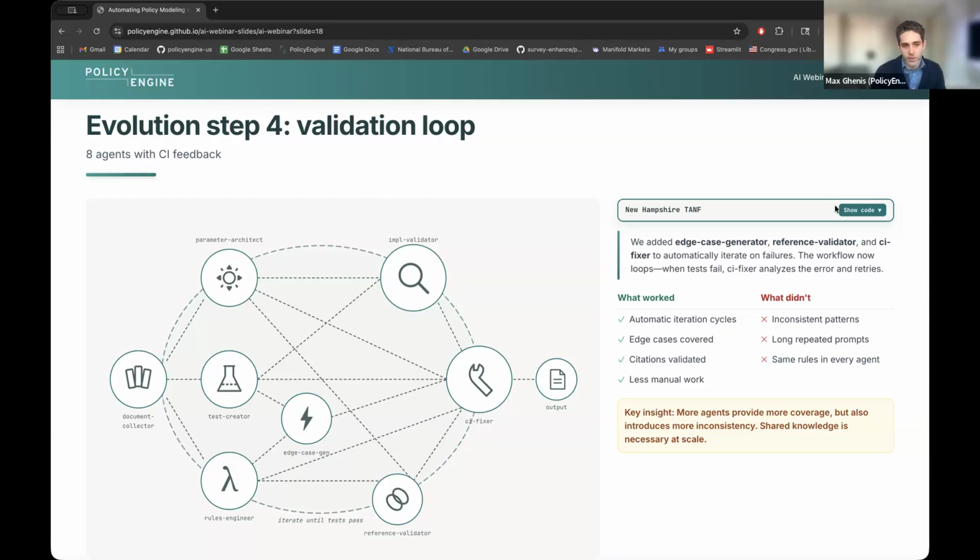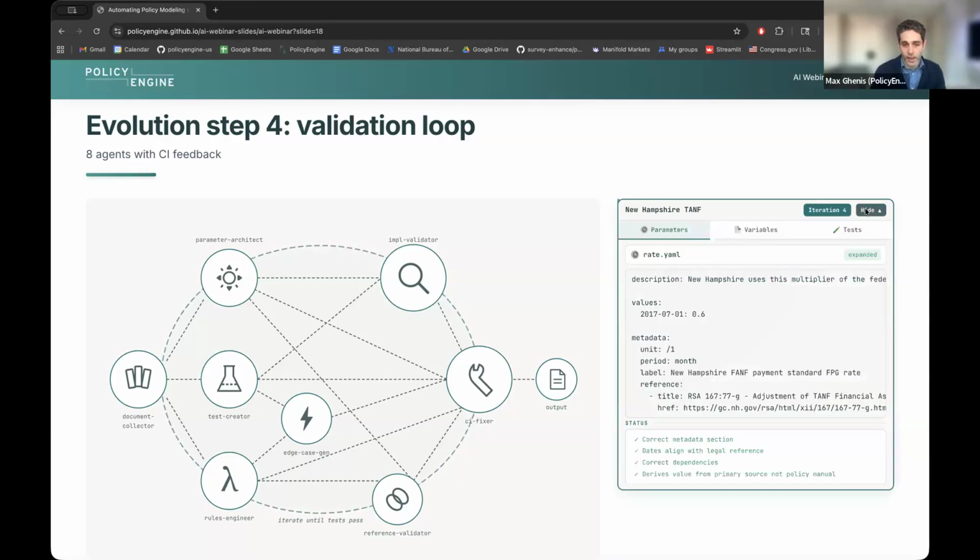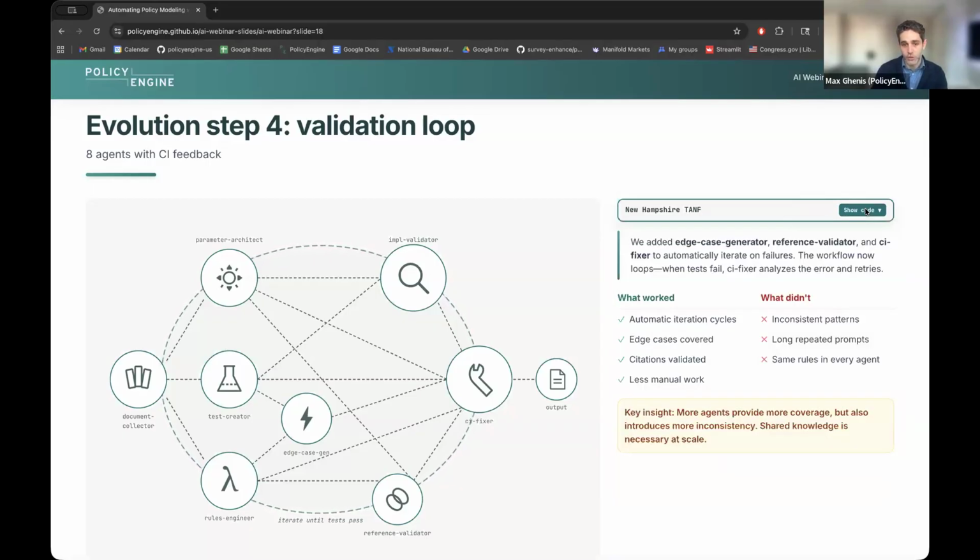Yeah, so this continuous integration step is what, every time we make a change to the model, runs a slew of thousands of tests automatically that we have to pass before we're able to insert that new code. So what this CI fixer agent is doing then is making sure that it aligns with any of the feedback that the continuous integration process is getting. Is that right, Ziming? Yeah. Great, thanks.